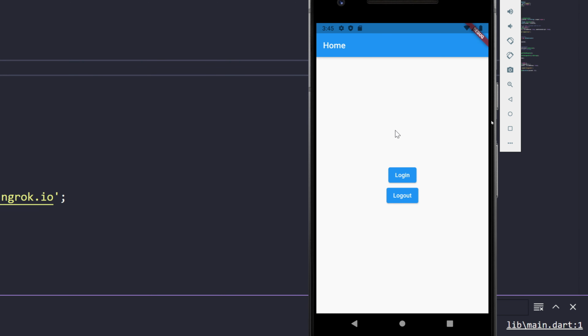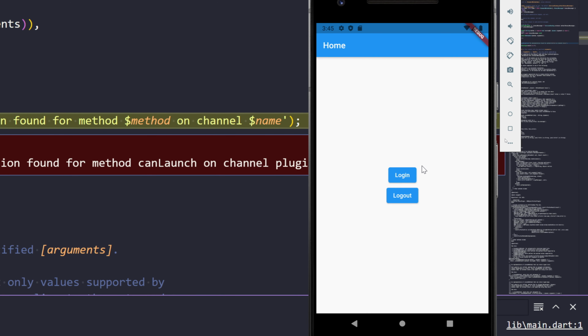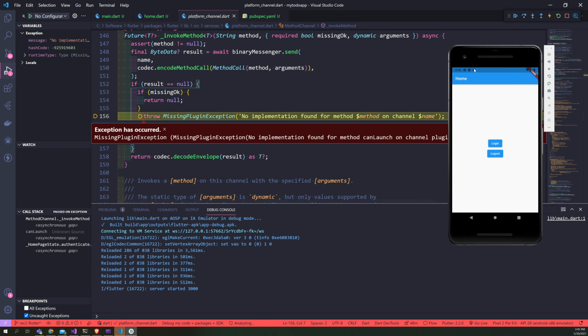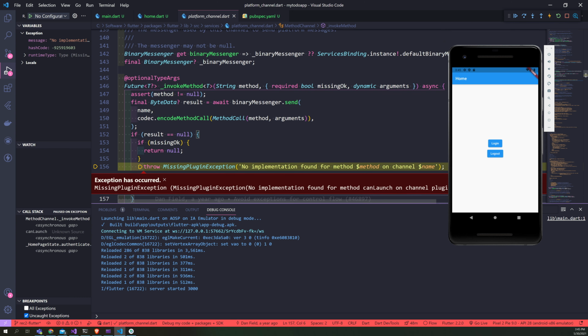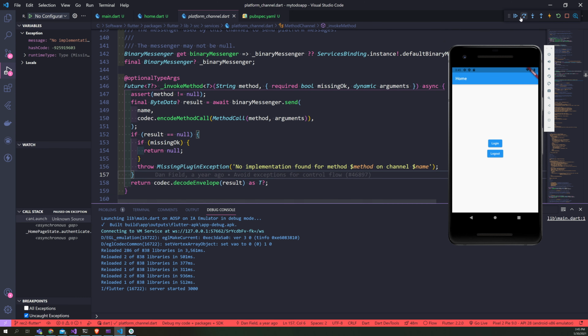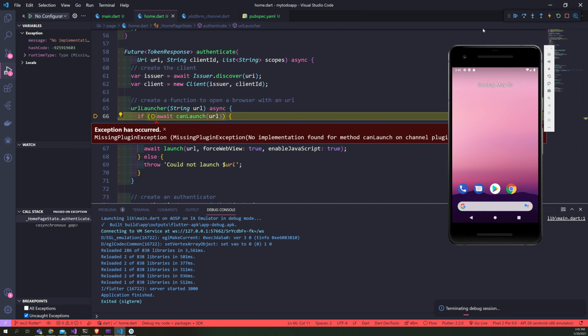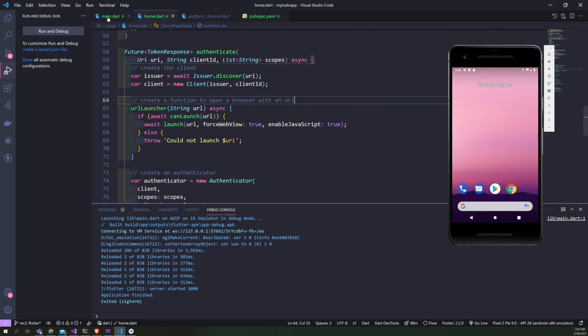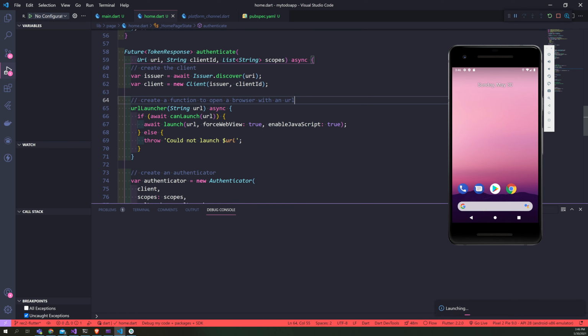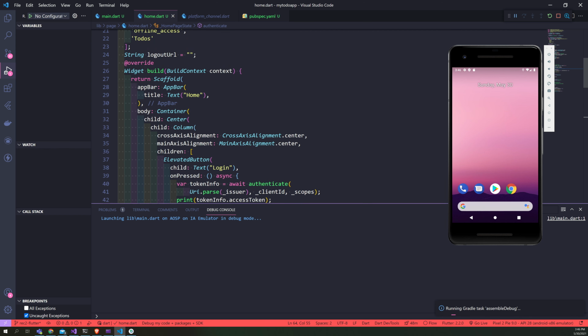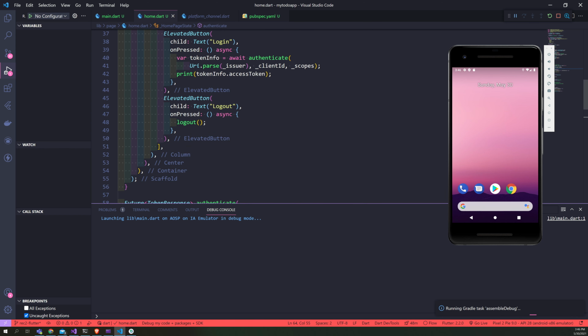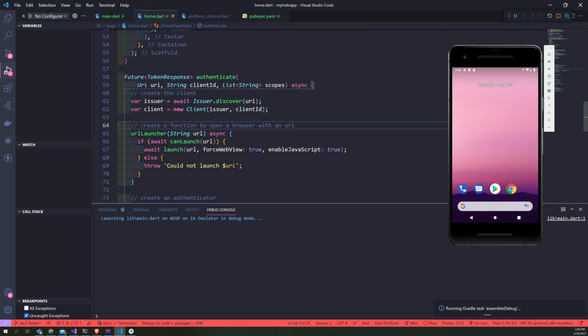So let's go into the app. So if I click login, okay, there's an error. Interesting. I think I have to stop and rebuild because now we added package. So I'm rebuilding again. While the rebuilding is happening, let's check the